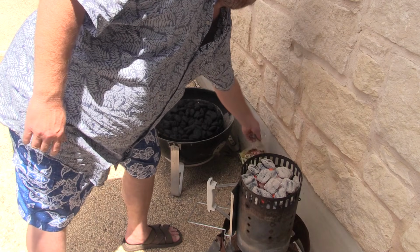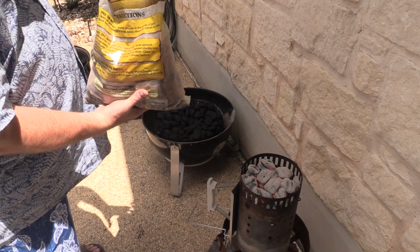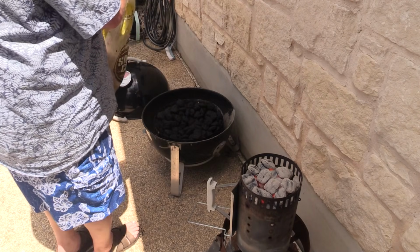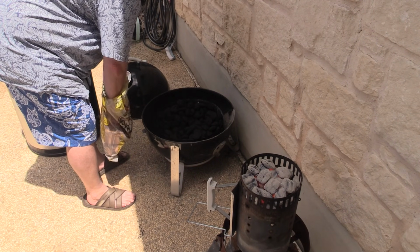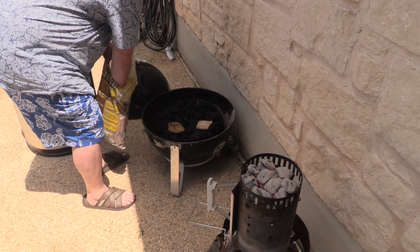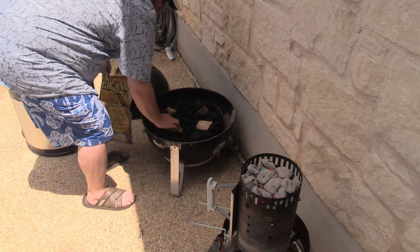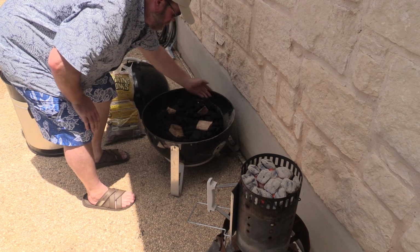Alright folks, my coals are just about ready. See the ash stuff over here. I'm going to throw some pecan chunks in there. Just use whatever kind of wood that you like. You don't need a whole lot with the Weber Smokey Mountain. Just like so. And also, I like to put them, there's a vent hole there, there's one down here, and